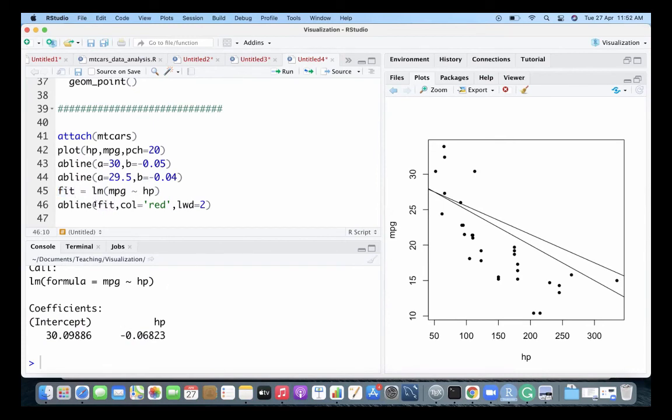So you can give abline this fit, or you can just give abline whatever your estimates are. You can give the coefficient a equal to 30.0986 and b equal to -0.06823, and I'm just giving a different color.